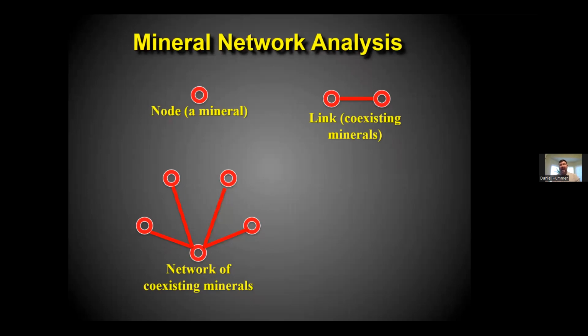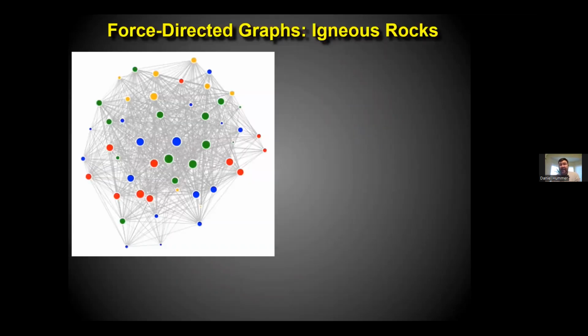And then I should also point out, it's a very mathematical procedure. It looks like we're just drawing dots and drawing lines, but we have a computer program draw these dots such that the more two minerals occur together, the closer they are together, the shorter the link between them. So the diagram, in a sense, is giving you a lot of quantitative information in addition to qualitative. You can see how often things occur together, and you can visually see clusters of different minerals that make up particular rock types. Okay, so here's an example of one of these.